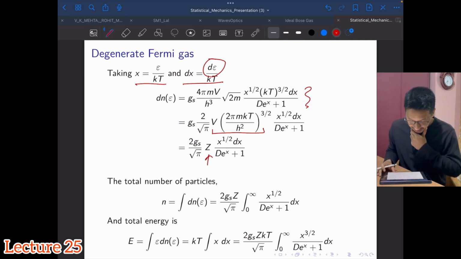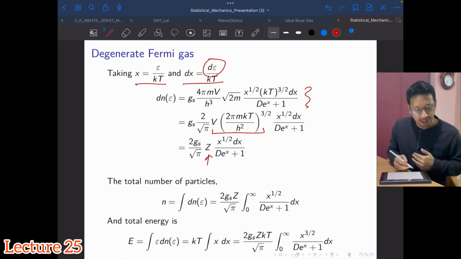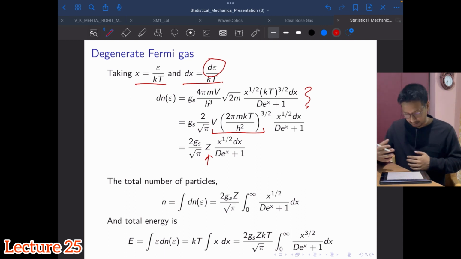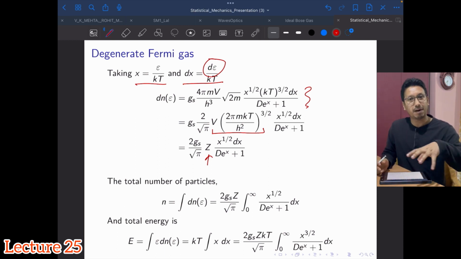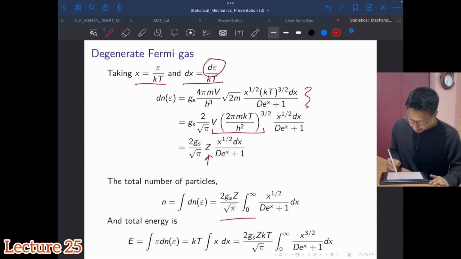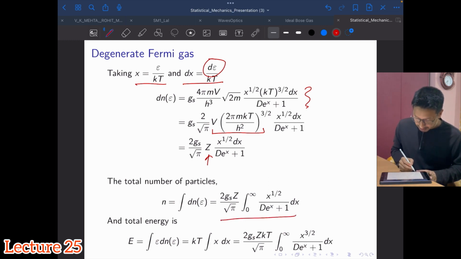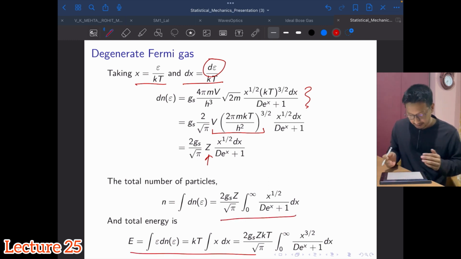for Bose-Einstein statistics. Now, the total number of particles, simply we have to integrate over the entire energy range, right? So the number of particles in each energy level that you have, you integrate out, so you will get this expression, and the total energy of the system will be given by this same, right? You have to just integrate over the entire energy range.